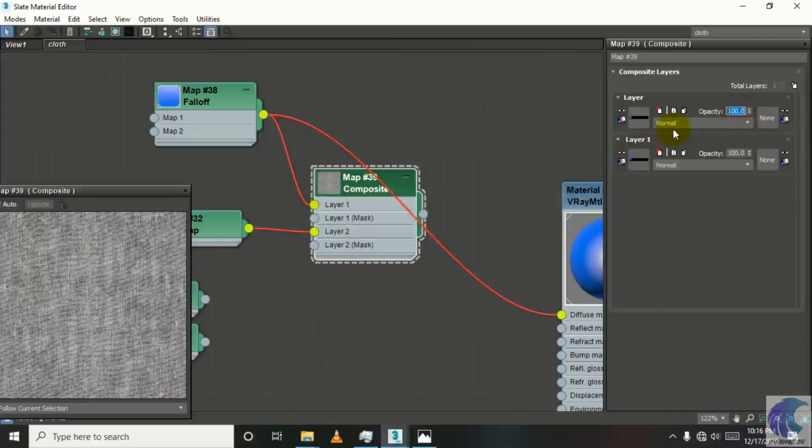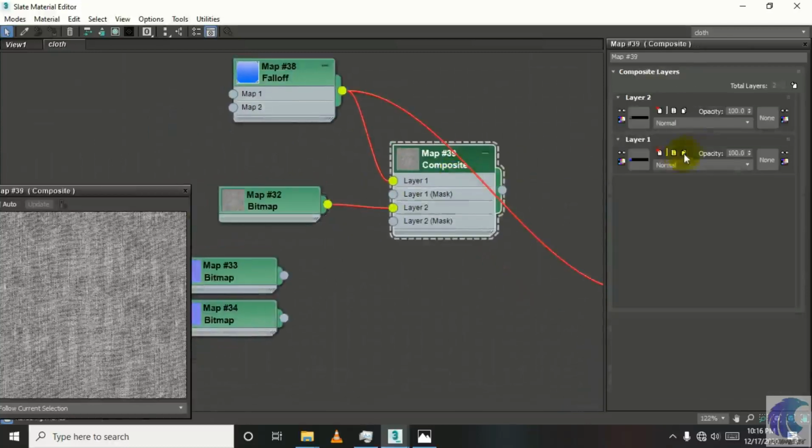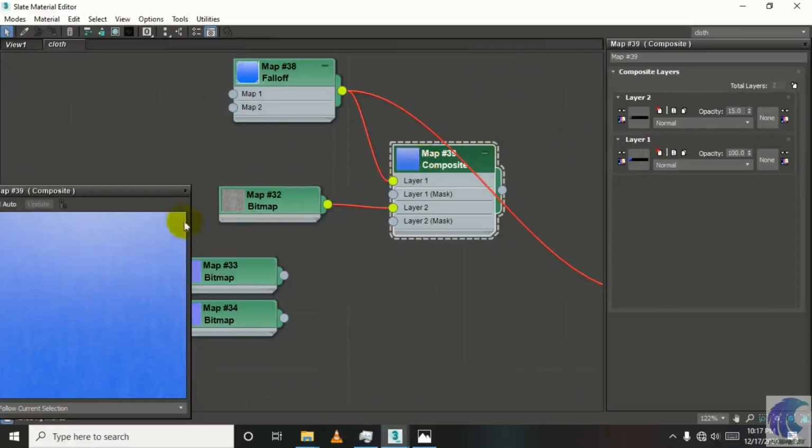So we have to tell that we want to use this map, this bitmap, only about 25 opacity. So using 25 or 20, it is based upon result. You can change it whatever result you want.